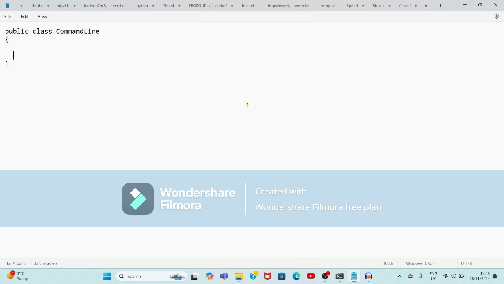And within this class, we are going to type the main function. So public static void main, and here we will pass the array of string, String args. And I will close this function here.